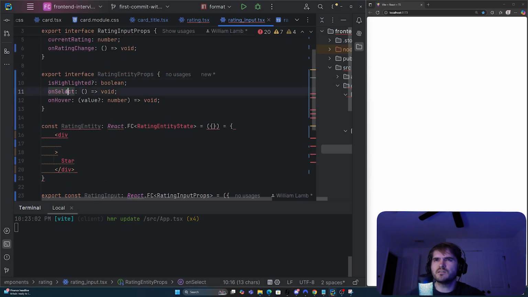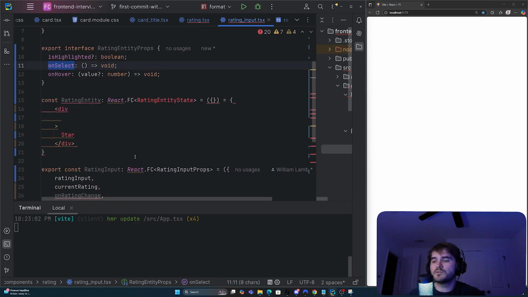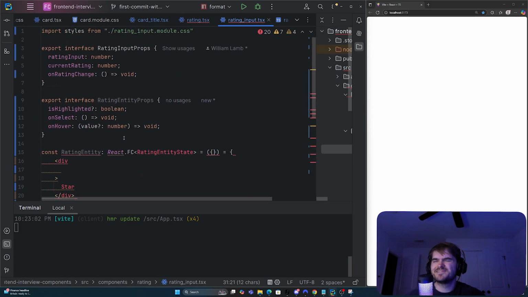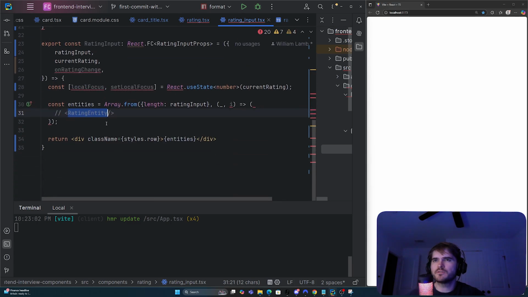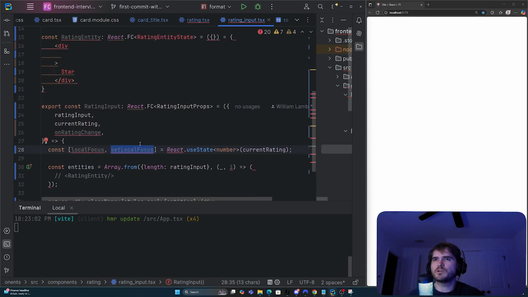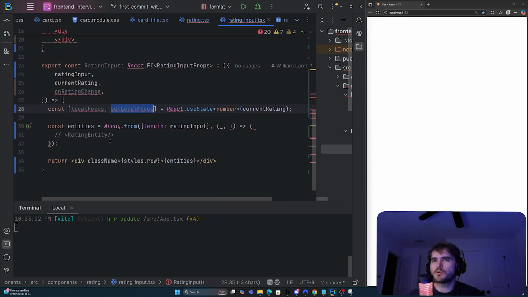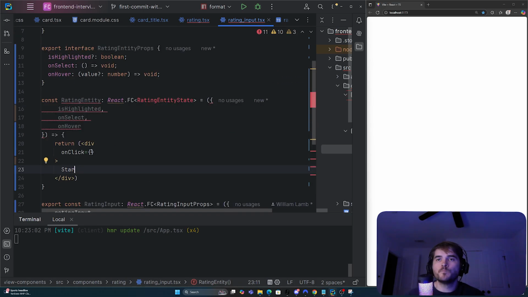When you select it, we need to fire off the onSelected function that we'll pass in here. That makes sense. And then on hover, if we're hovering over it, we need to get the local focus information updated to account for whichever one we're hovering. On click will be on select,